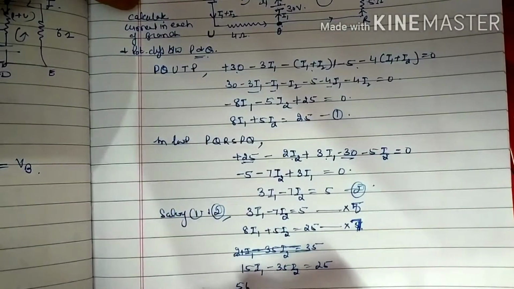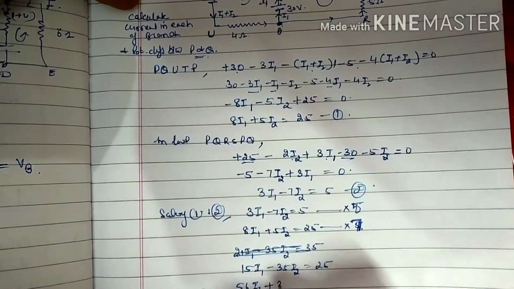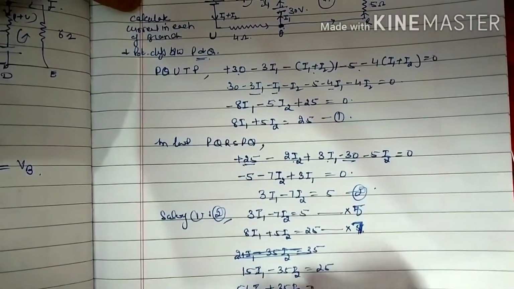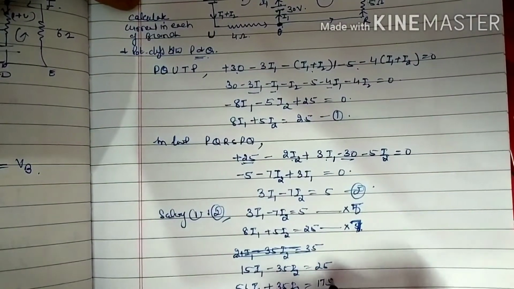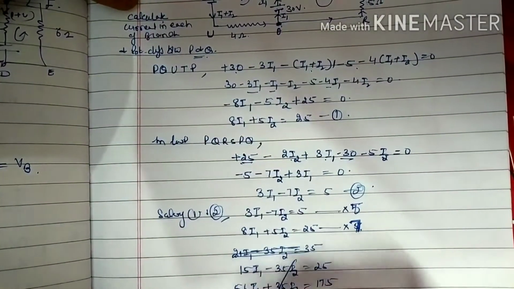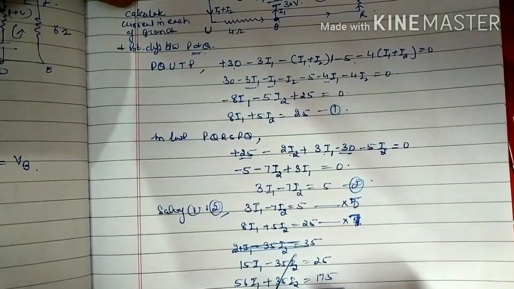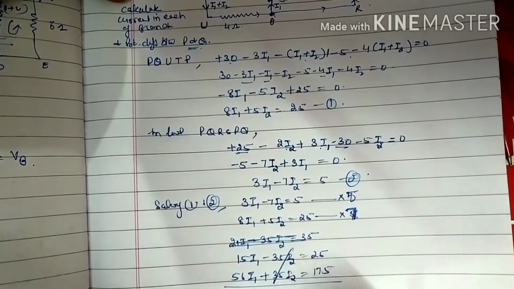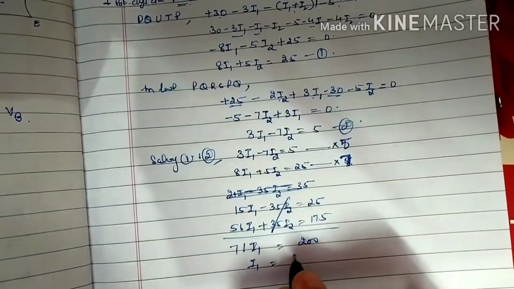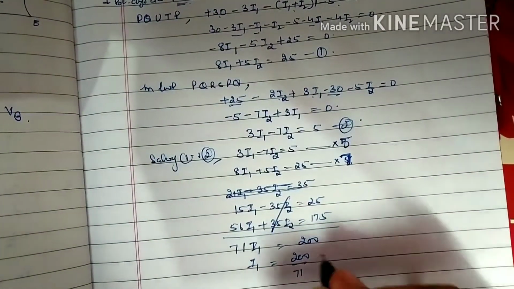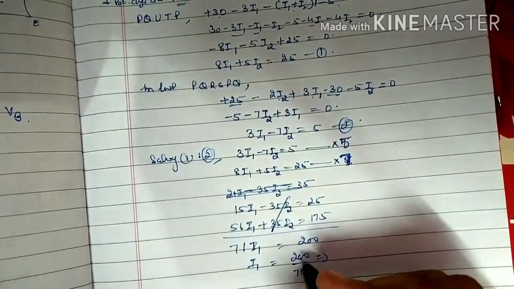This one will give 56I1 plus 35I2 then 175. Okay, this will cancel, and we will get 71I1 is equal to 200 and I1 is equal to 200 over 71. And when we solve this, then we will get